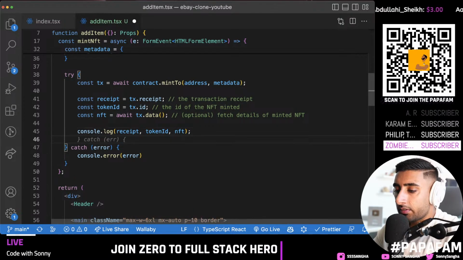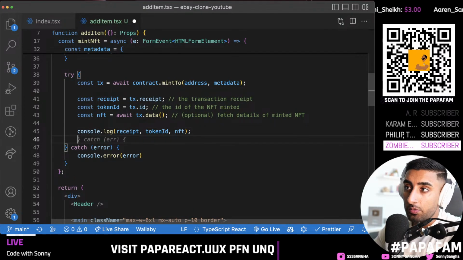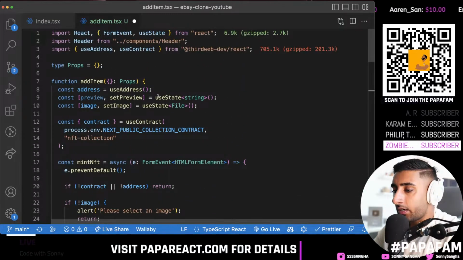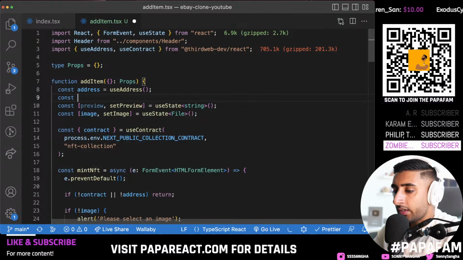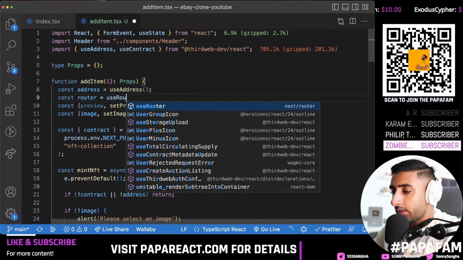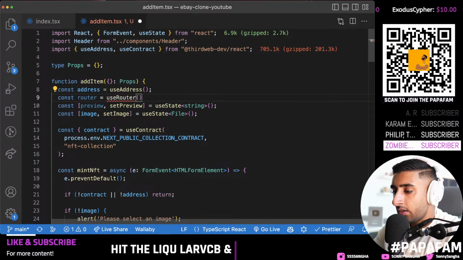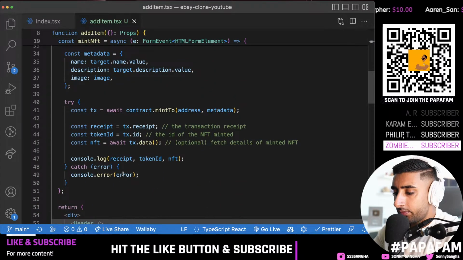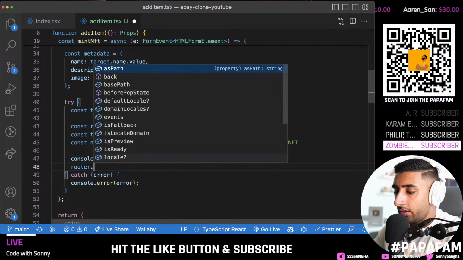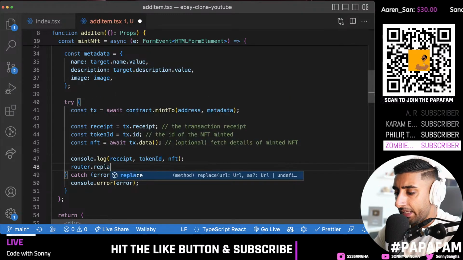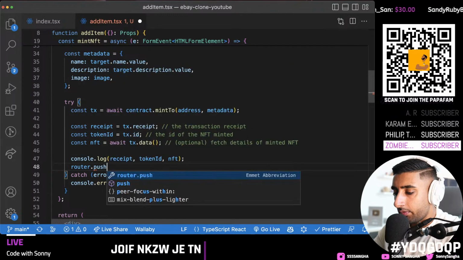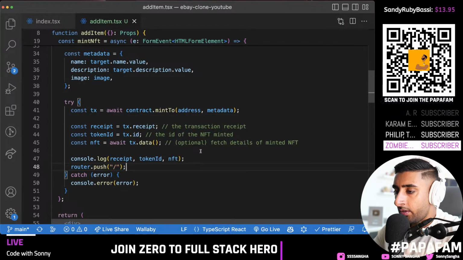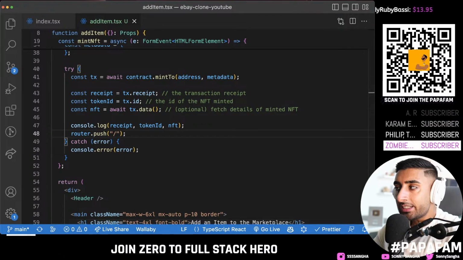Okay, then what I want to do is I want to redirect the user back to the home page once they've successfully done this. So what I'm now going to do is I'm going to go ahead and get something called the router. In Next.js, this allows me to reroute the user to a different area on the page or on their website. So in this case, I've got const router. And what I'm going to do is go down afterwards and I'm going to say here, router dot replace, or you could do a push call. Right, push would actually allow the user to come back to the page afterwards. I'm going to push them back to the home screen. Okay, so just like that,